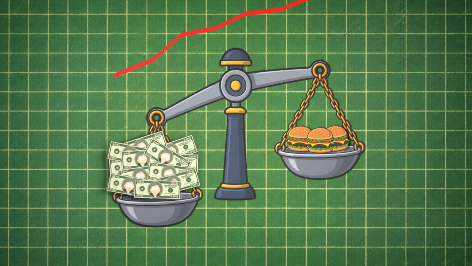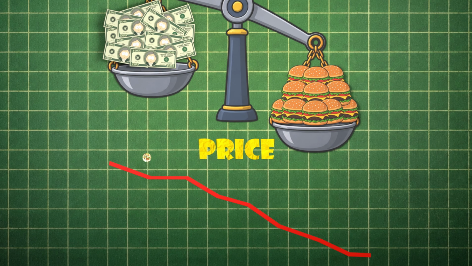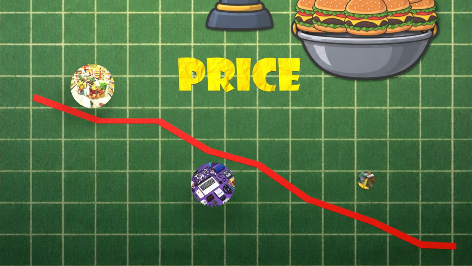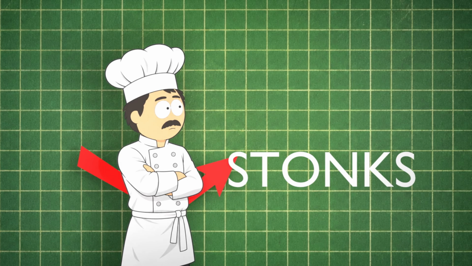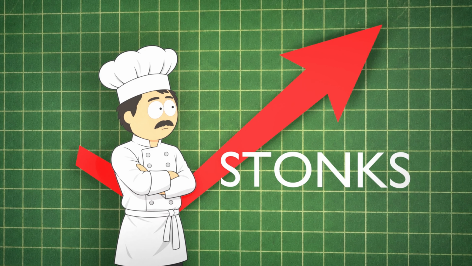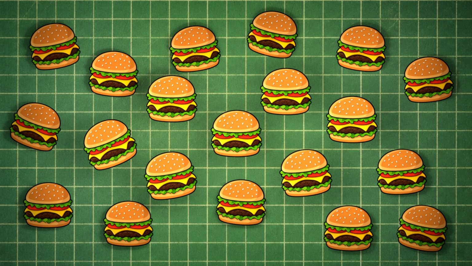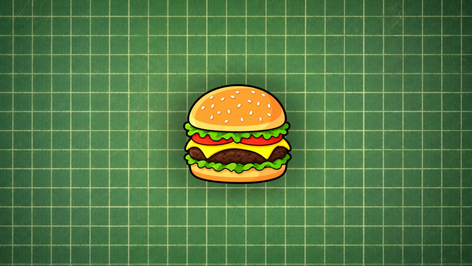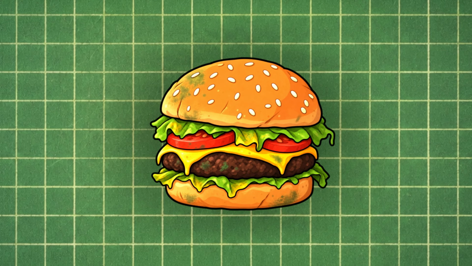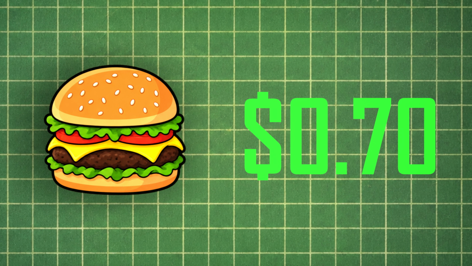But what happens if there are too many goods? That's when deflation begins. Deflation is a decrease in the prices of goods and services over time. Deflation caused by increased production. Burgers are selling incredibly well, so the cafeteria buys new equipment and starts making far more burgers than before. Now there are more burgers than students who want to buy them. Some burgers start sitting unsold on the counter. To sell everything, prices have to come down. The more goods become available, the cheaper they can become.